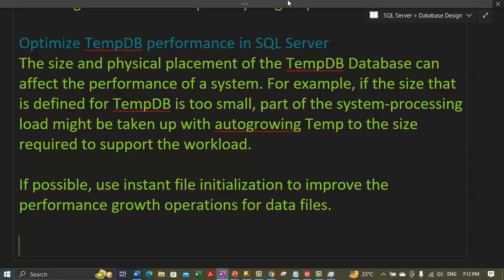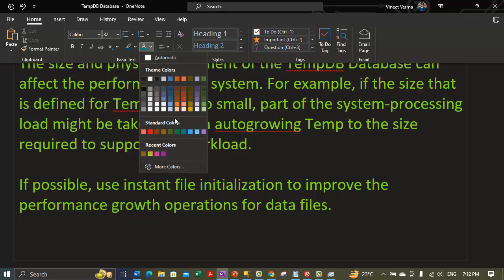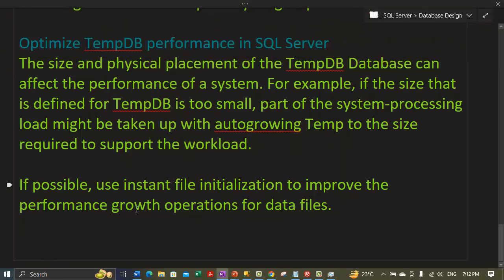Now, what should we be doing basically? We would suggest pre-allocating. Let me change the color. Let's take this blue one. So I would say pre-allocate space for